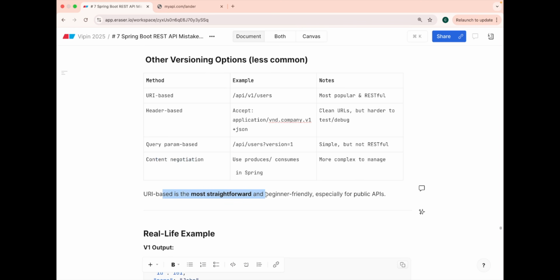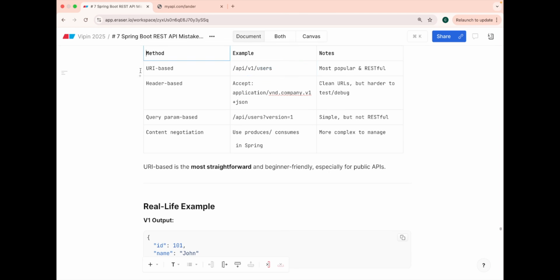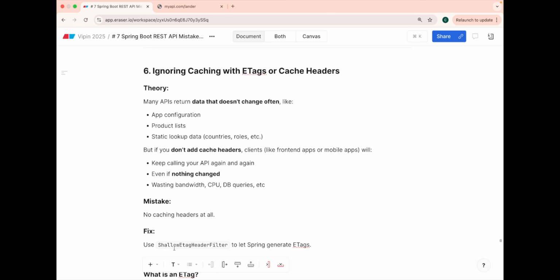The URL based is the most common and most forwarded way. Even the URL based versioning can be based on your root level or on the API level. So suppose you have a get mapping, post mapping, you can do it on that level also. But this URL based is something which is very common across all the REST APIs. So the fifth part was, not versioning your APIs is a very bad thing to do. Even if you are starting to write code, you start with versioning v1, because going forward there will for sure be some changes and then you will be in trouble.